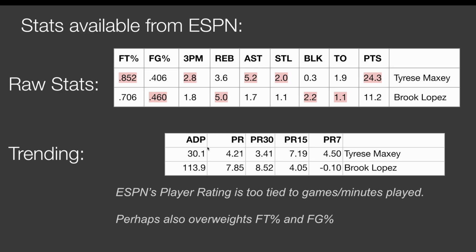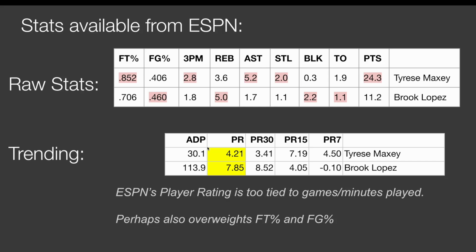I can see at first glance Tyrese scores a lot more points. Seems like he's probably a better player. He's drafted much higher than Brook Lopez. But then if we look at our player rating for the entire season, Brook Lopez is almost double Tyrese Maxey's